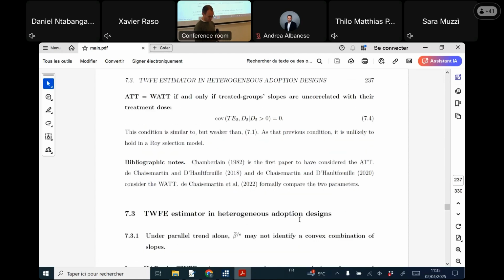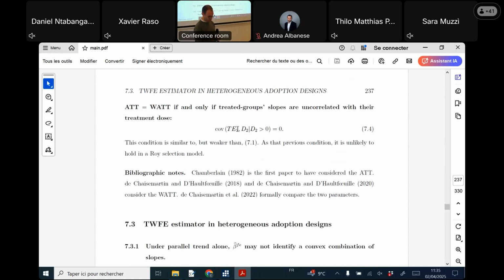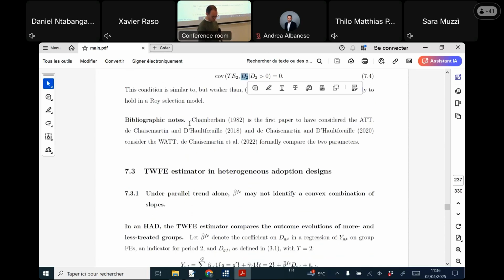So we could have that the slopes and the period 2 treatment are uncorrelated. So this is again a strong condition. It's a bit weaker than assuming homogeneous effects, like we were assuming before, but it's a little bit in the same spirit, and it's going to be incompatible with, for instance, Roy models of Roy selection into the treatment. Okay,